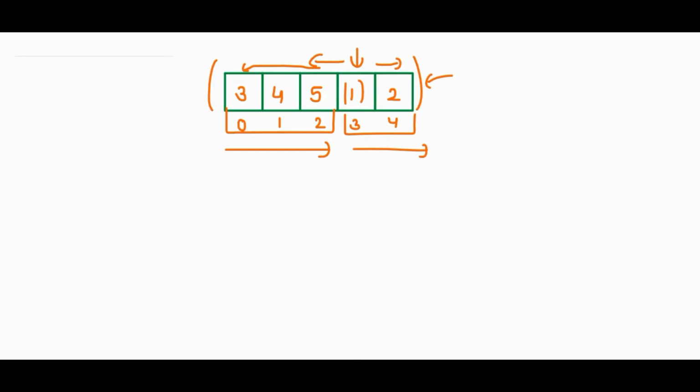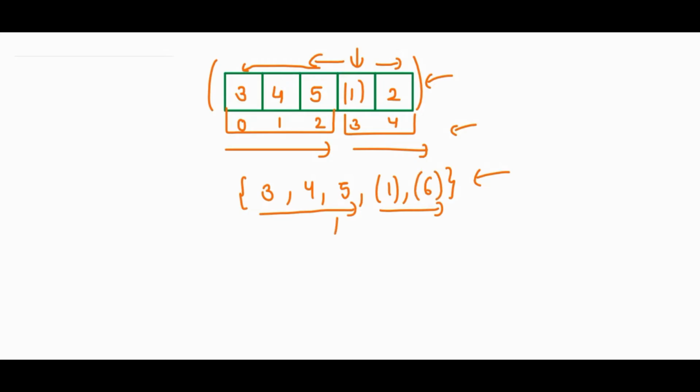But there is a catch in this. There should be one more condition that we have to check. This condition alone will not give us a proper solution for whether this array is rotated or not. So what is that? Let's say we have an array like 3, 4, 5, 1 and 6, right? So the minimum element will be 1 only. So around the minimum element, the elements are increasing on the right side, and also increasing from the starting to the minimum element on the left side. But we cannot say this array is sorted and rotated,